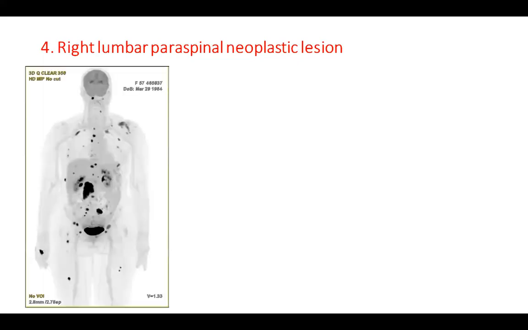This is another case which had a right lumbar paraspinal neoplastic lesion and was coming for further assessment. It was considered, based on the MRI done, as a metastatic lesion, so the patient was coming to detect a primary. Through the whole body survey, we can see that there is abnormal focal uptake scattered. This is the lesion which was formerly assessed and reported on the MRI, showing the FDG uptake, focal large area